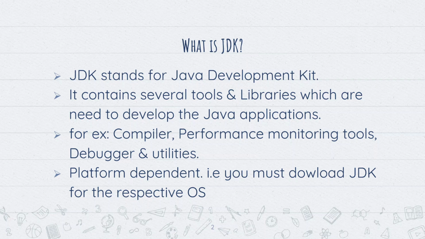Okay, so what is JDK? JDK stands for Java Development Kit. It contains several tools and libraries which are required to develop Java applications. For example, a compiler which is needed to compile your Java program, and performance monitoring tools. These tools are required to monitor the performance of your Java application, which is running in production or in different